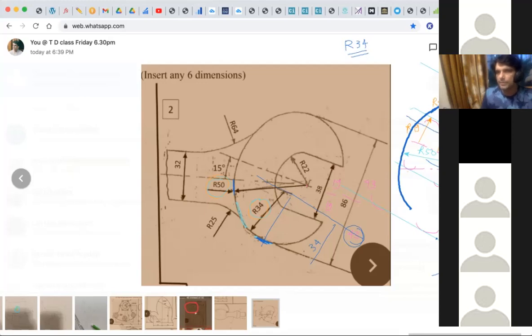Let's say that is PQ. See how I got point PQ? This is 9, and this is also 9. 9, 9 parallel line from this axis line. So you got PQ. So from P we can draw radius 34. So it will be like this. And from Q you draw radius 34. So it will be like this. And then you draw this line dark. Now you will get it. See.